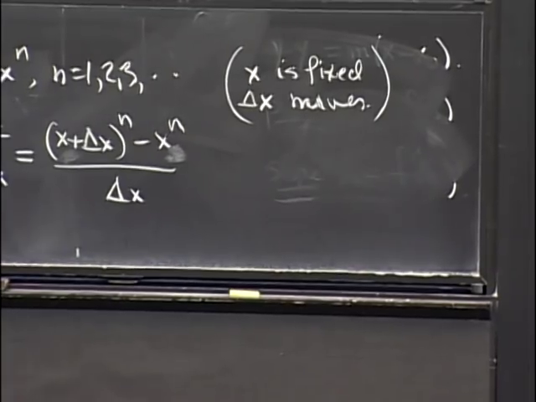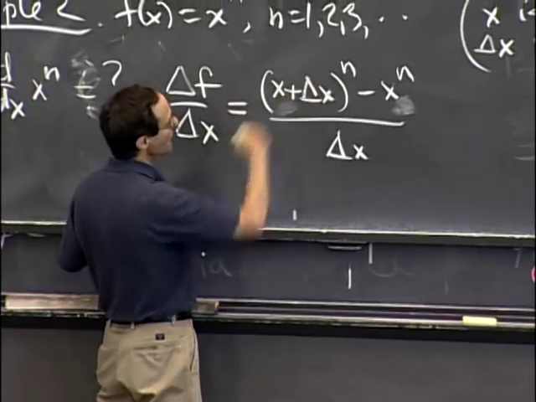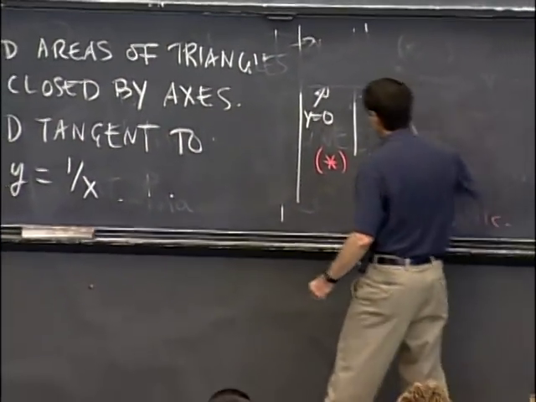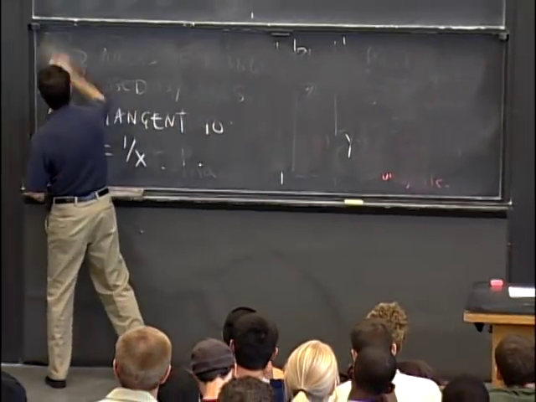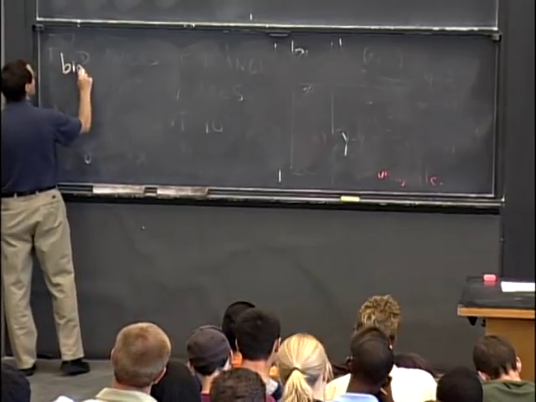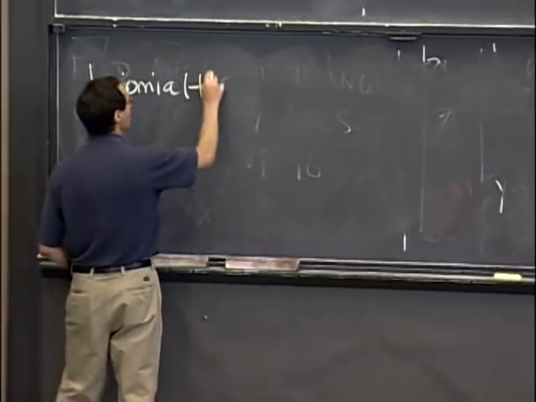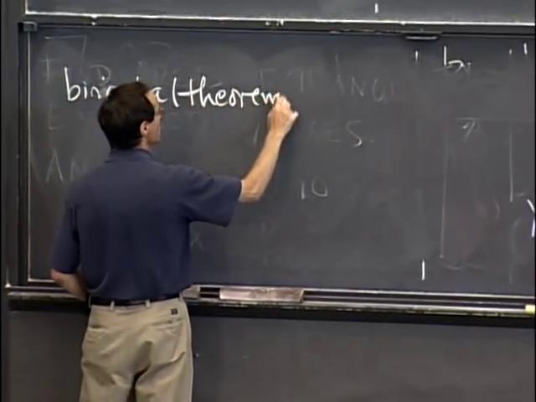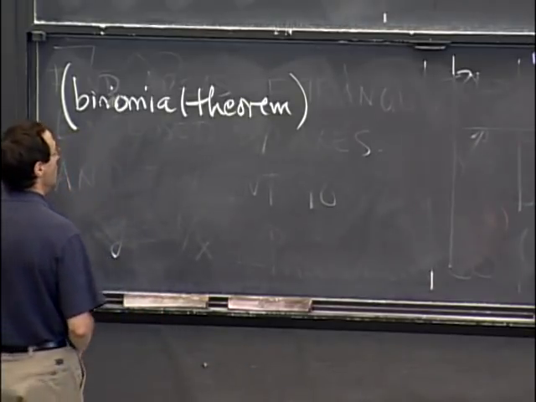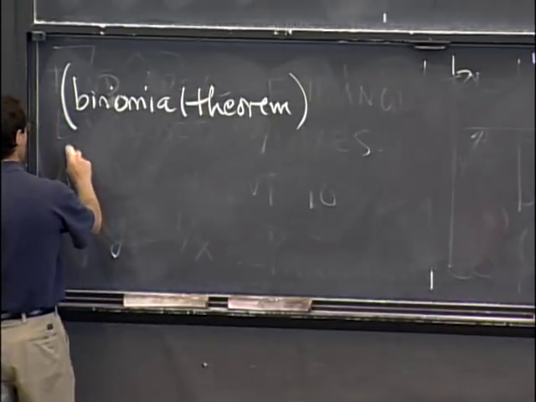All right, now, in order to simplify this, in order to understand algebraically what's going on, I need to understand what the nth power of a sum is. And that's a famous formula. We only need a little tiny bit of it, called the binomial theorem. So the binomial theorem, which is in your text and explained in an exercise, in an appendix, says that if you take